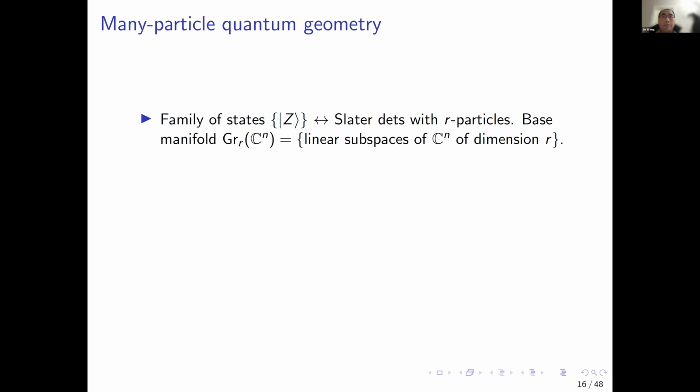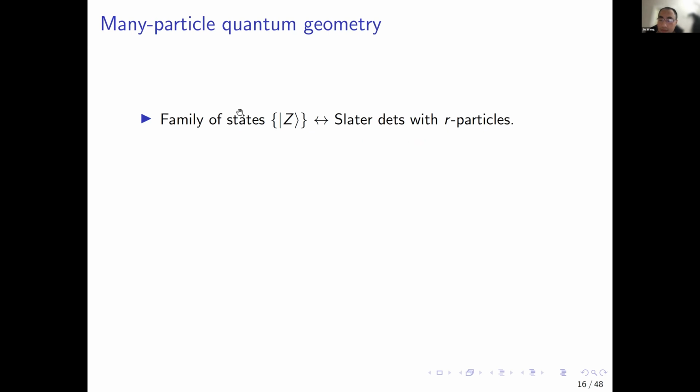So if I have a two-band system and I fully fill the lower band, I should have a unique many-body state. But here you're parameterizing the state with a variable Z, which means that the space is larger than dimension 1. No. So what happens is that